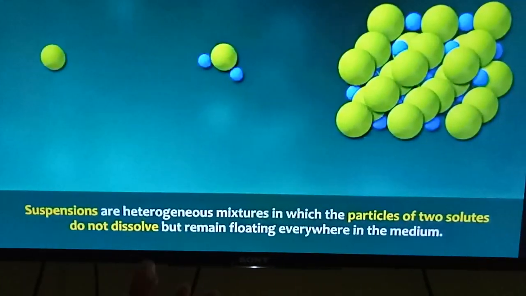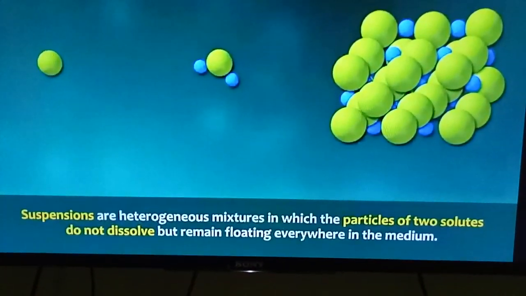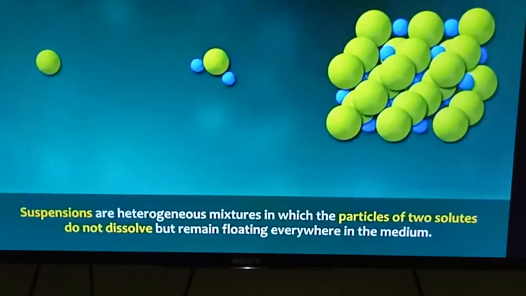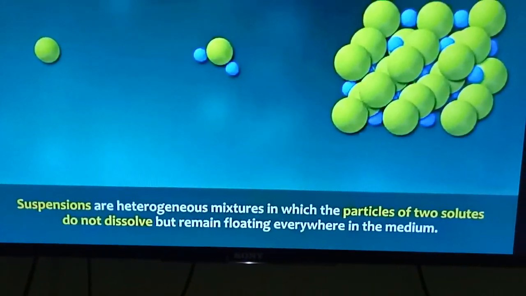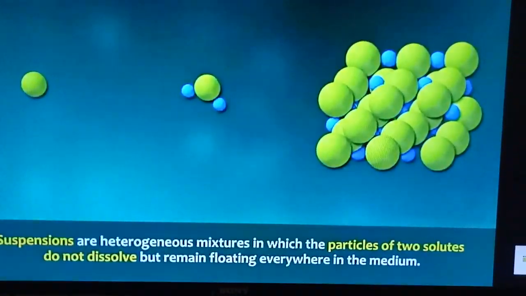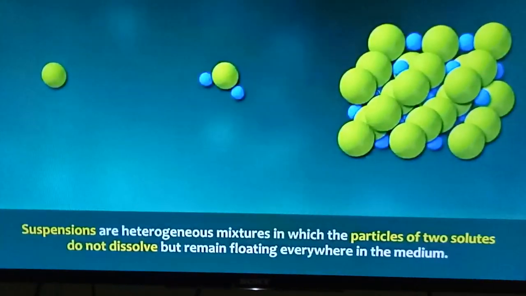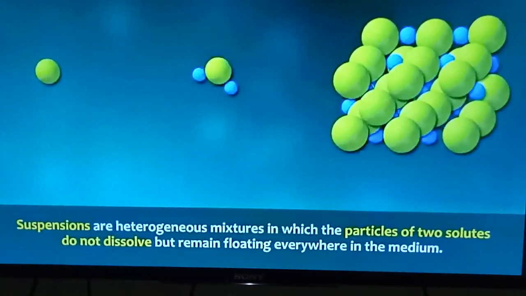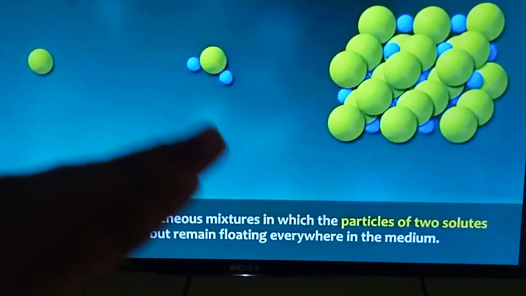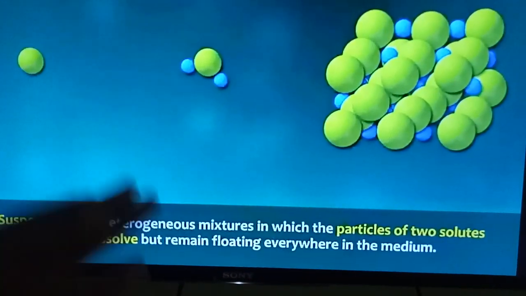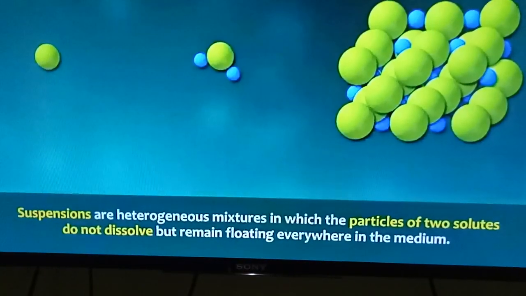And if you keep that beaker like that, afterwards you will see all the chalk particles will start settling down. Similarly, sand and water. So you take sand and try to dissolve it in water. What will happen? All the particles of sand remain suspended in it, okay, and after some time all that sand will start settling down. You will see that if you keep that beaker undisturbed, all the sand particles will start settling down.